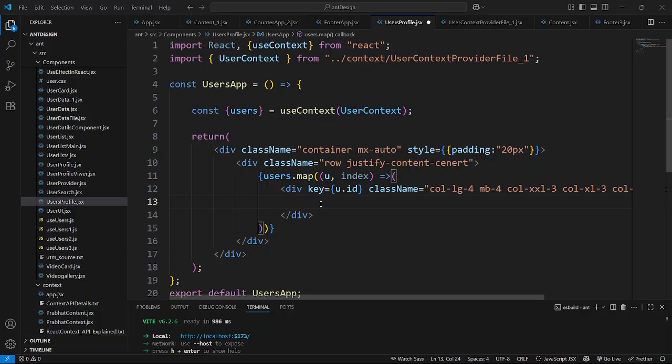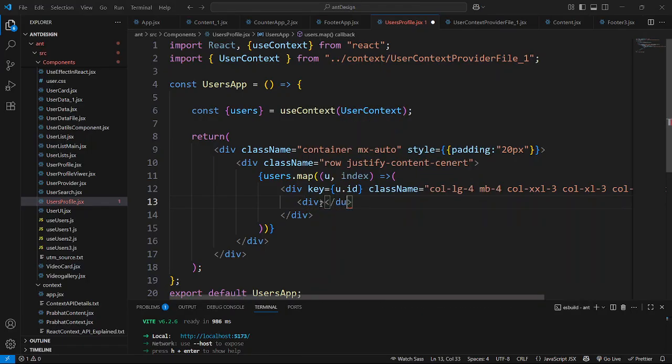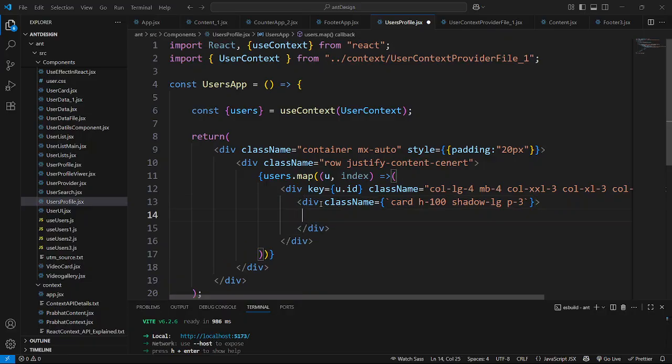So now inside this div, I'll create another div, and now give the class name also. I'll provide dynamic classes here, card, and I'll give a height of 100%, and shadow also, shadow-lg, and p-3. This is it. So open this div now, and inside this div, first of all, I'm going to create